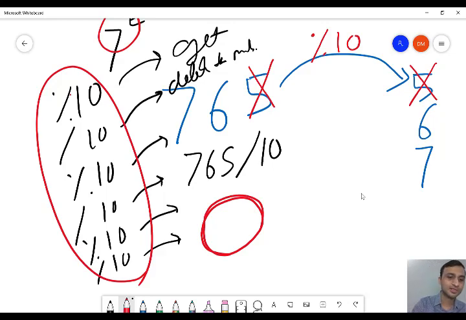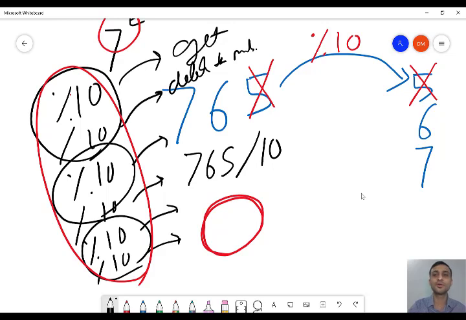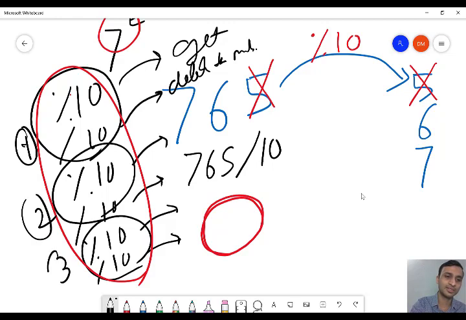When everything is deleted, all the digits are deleted, what will remain at the end? 0. So what you are doing? Modulo division, division, modulo division, division. You are going to repeat it. If you are repeating the same thing, 1, 2, 3. In this case, you are repeating the things for 3 times. For that, we need to use a loop.